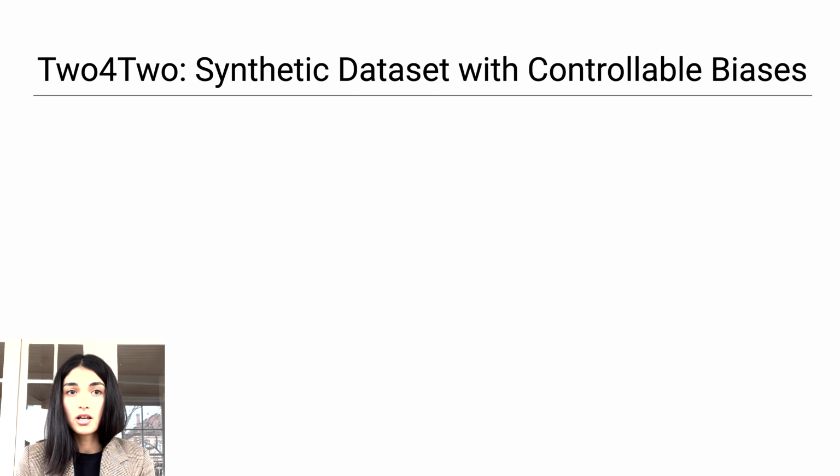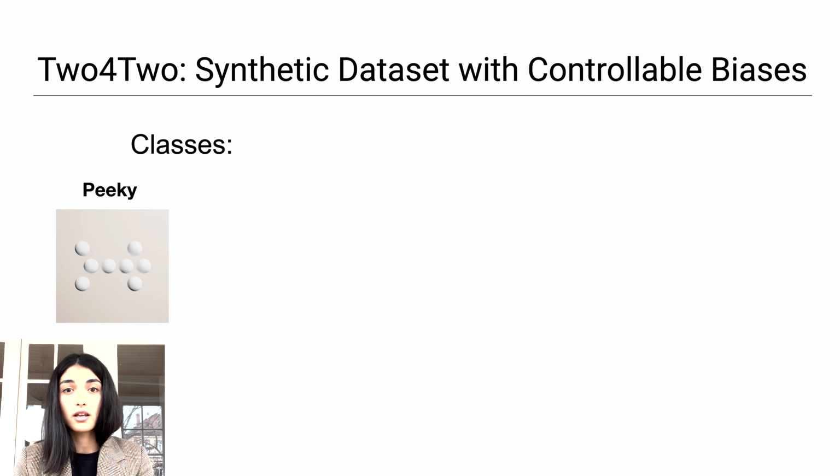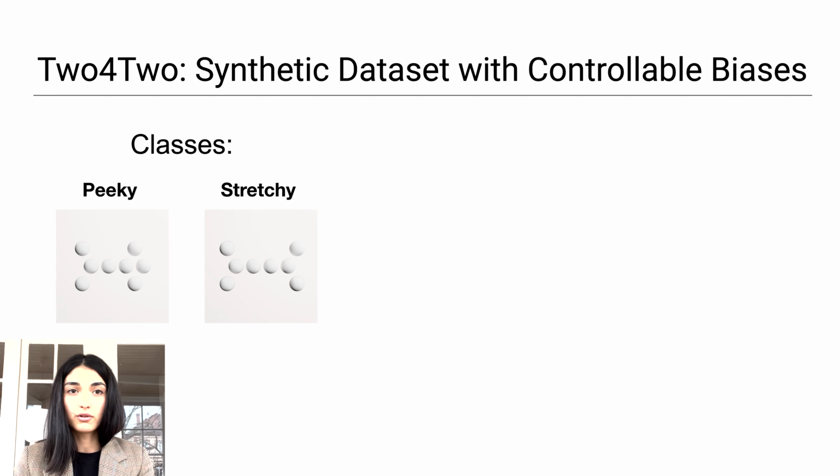we solve this by creating a synthetic dataset generator consisting of two abstract animal classes called Peaky and Stretchy. The two animals are made of 8 blocks, 4 for the spine, 4 for the legs. Peaky has its head sticking out compared to the legs position, and Stretchy has its head retracted and its legs stretched out. The simplicity of the two animals allows participants to become experts on the dataset within a few minutes